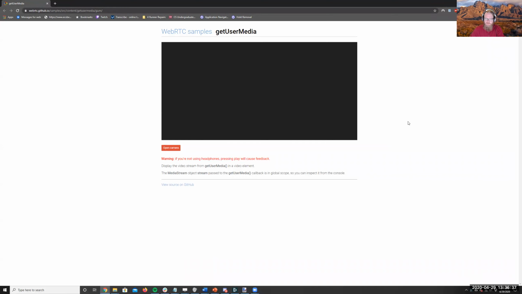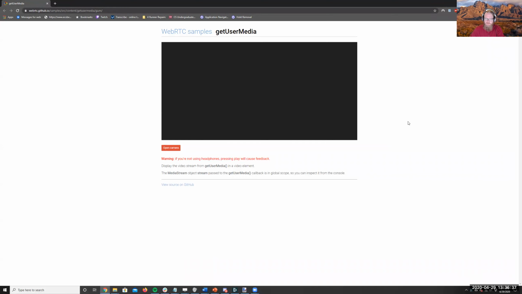This is a video element, just an empty video element on the page, and we have a button here that triggers this event listener, which calls this init function, which calls this API of interest that we were talking about, navigator.mediaDevices.getUserMedia. The response from this gives us a stream